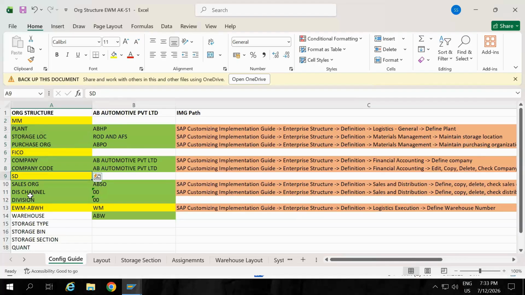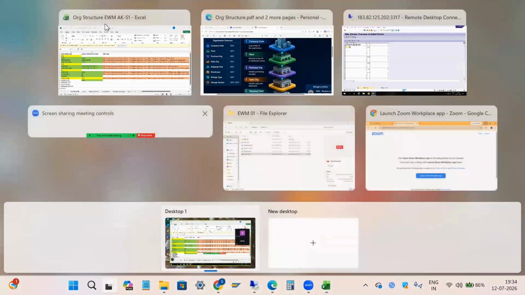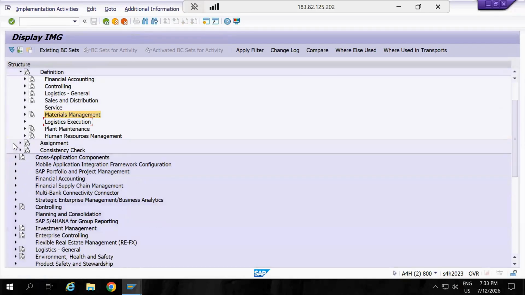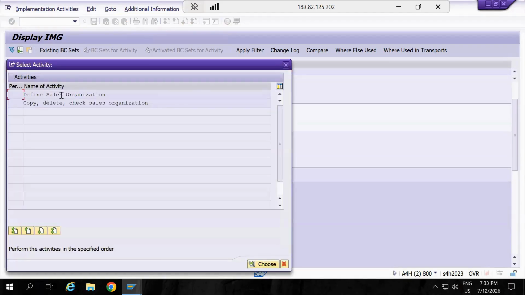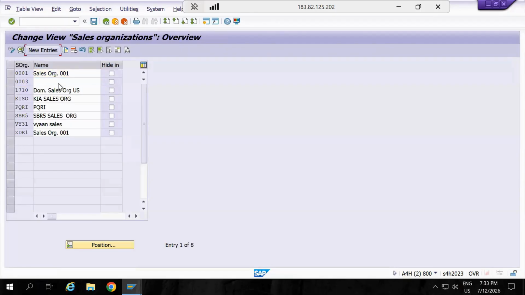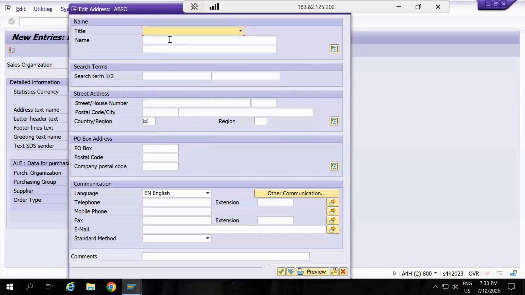Next is the sales side. The sales side also we need to configure. Back to MG. Purchasing side is completed. Next we have sales and distribution. Define, copy, delete, check sales organization. Click here, define sales organization. Click on new entries and create AB SO, AB sales organization. Enter, save it. Here input the address, AB sales organization,